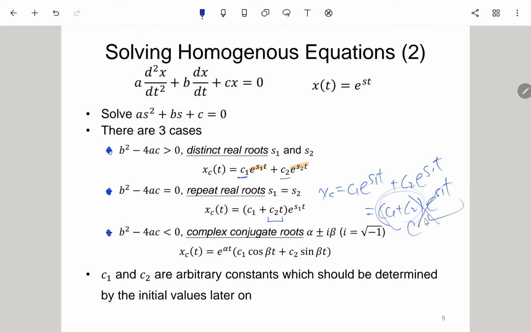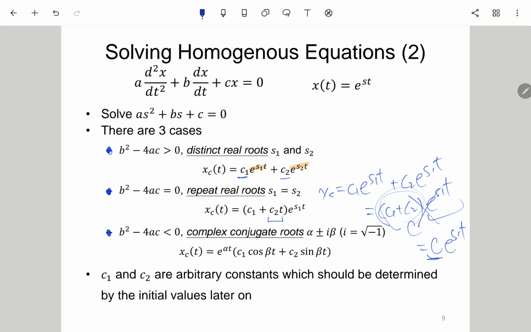Okay, so originally you can consider this is just a c exponential to s1t. Here this one should somehow extend to a first order polynomial, so a linear term comes out. You can just remember it: with a repeated root, a t comes out. And if you really want to ask why, what you can do is, we try to